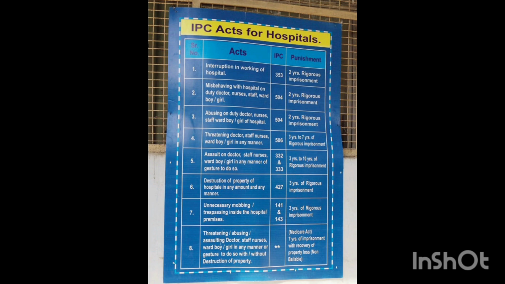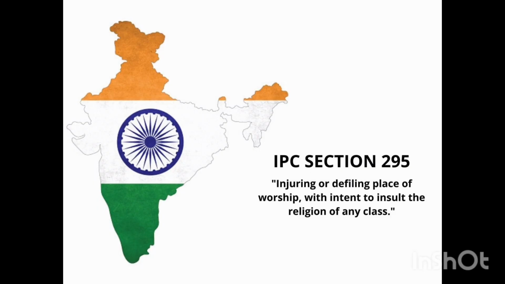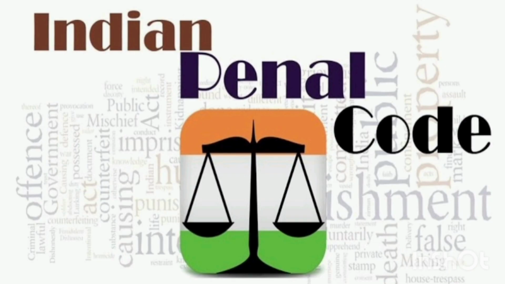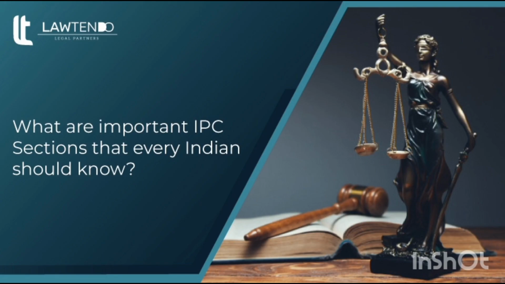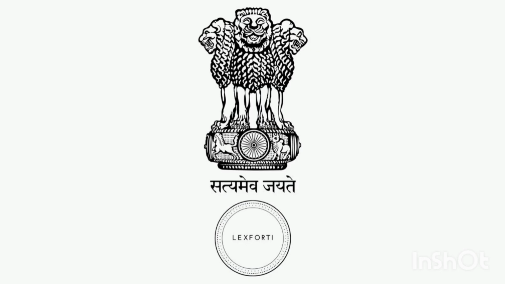Chapter 16, sections 299 to 377, offences affecting the human body. Offences affecting life, including murder and culpable homicide, sections 299 to 311. Causing miscarriage and injury to unborn children, exposure of infants and concealment of birth, sections 312 to 318. Hurt, sections 319 to 338. Wrongful restraint and wrongful confinement, sections 339 to 348. Criminal